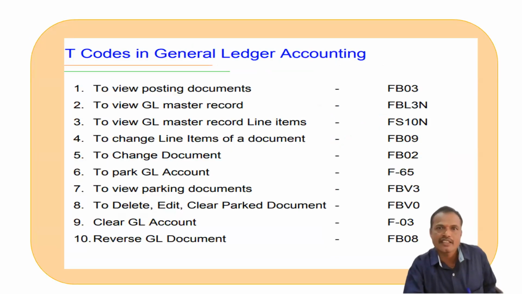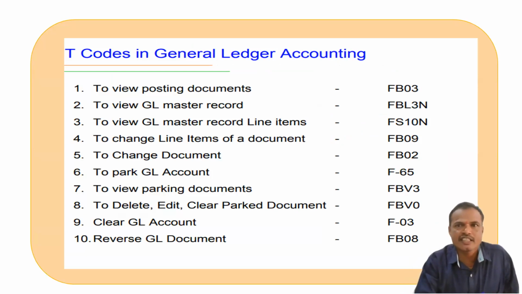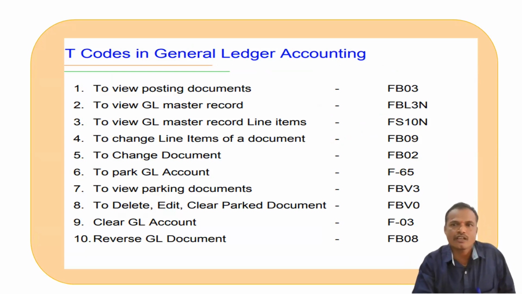Now T codes in general ledger. For general ledger, when we are posting the general ledger, we have some important T codes like this. To view posting document FB03, to view general ledger master record FBL31, to view GL master record line items FS10N, to change line items of document FB09, to change document FB02, to park a document F-005,